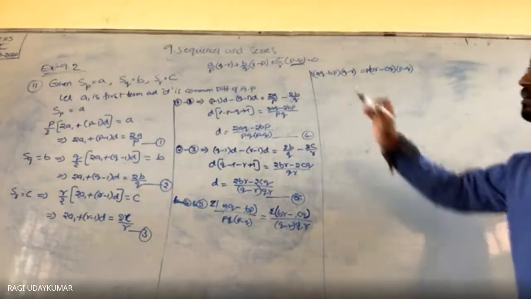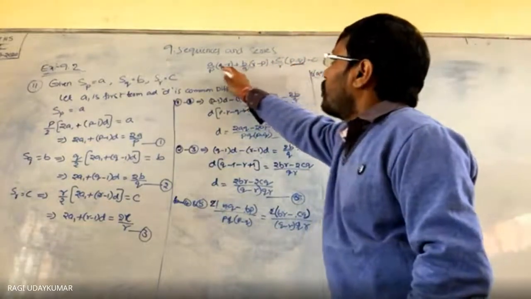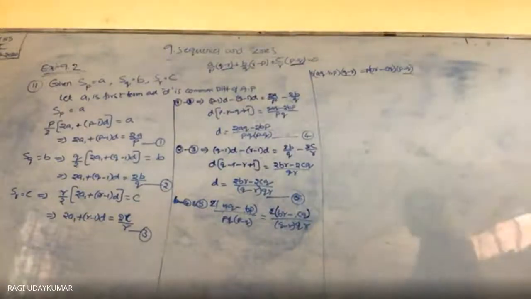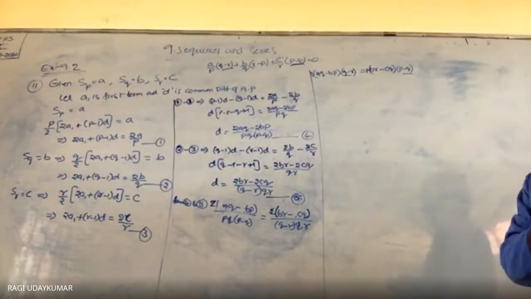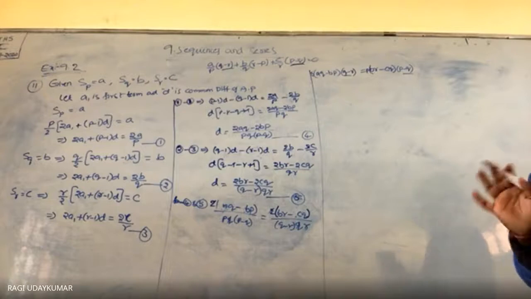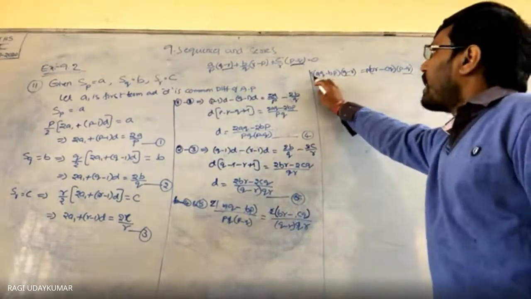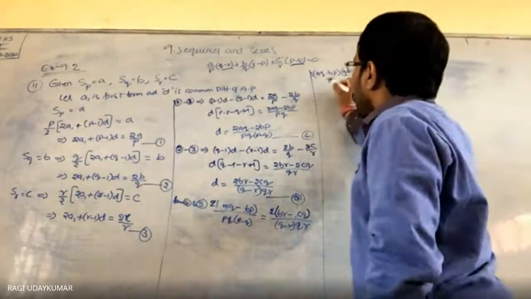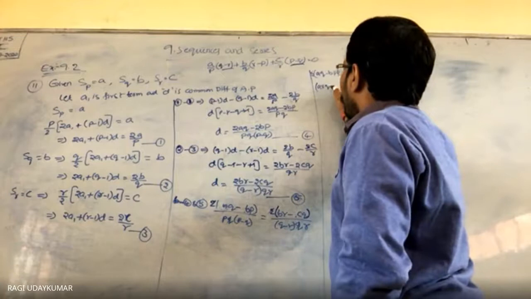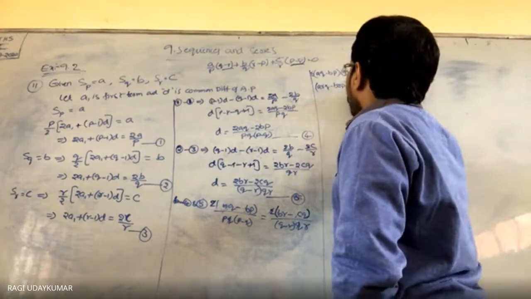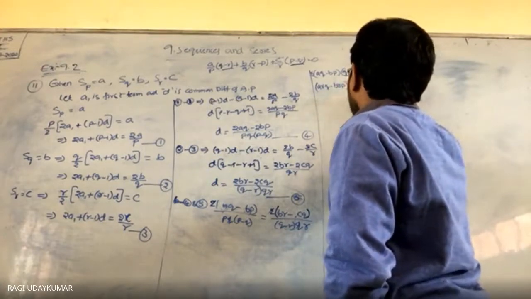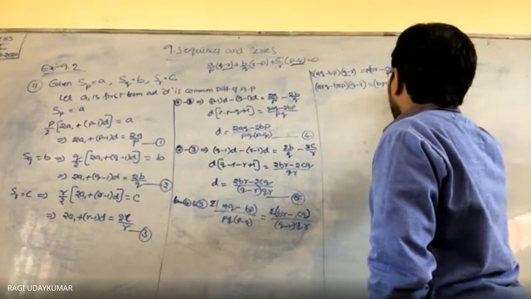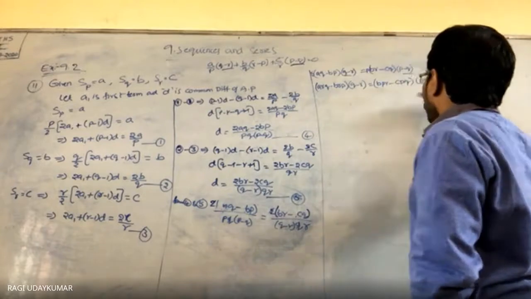In the given equation we have p minus q and q minus r. So multiply these q minus r and p minus q as they are and simplify. Don't change that one. Multiply this by r, and multiply this by p, because you keep this one. So arq minus brp into q minus r is equal to bpr minus cpq into p minus q.